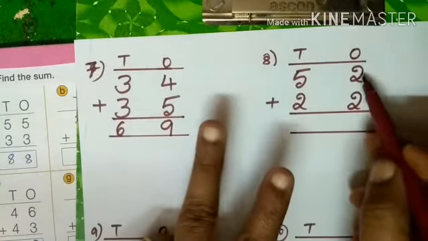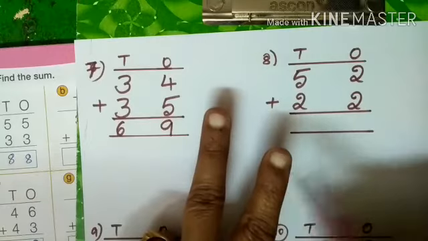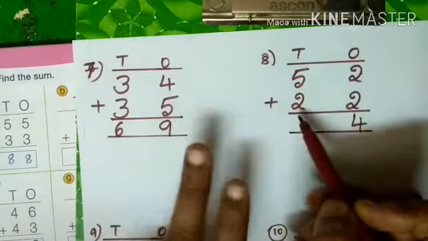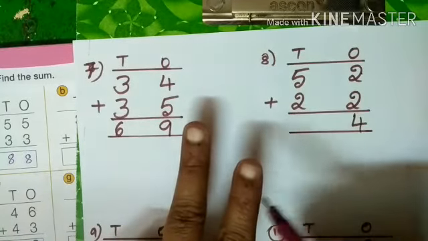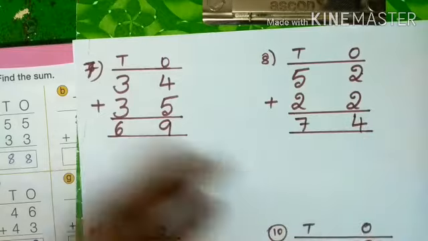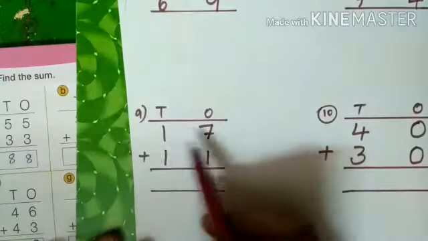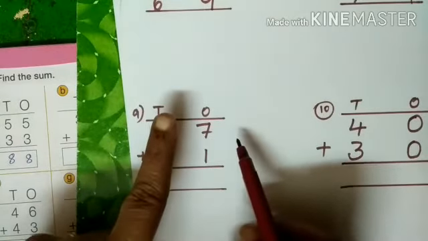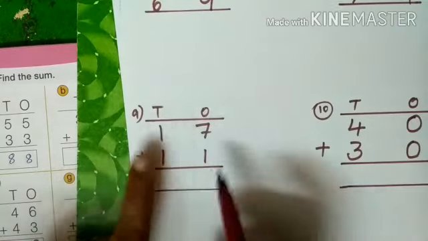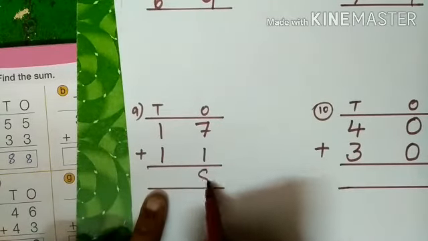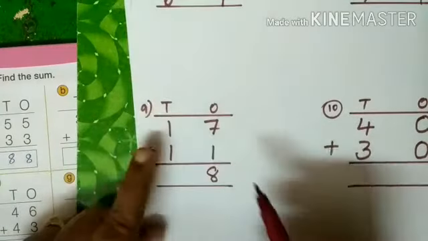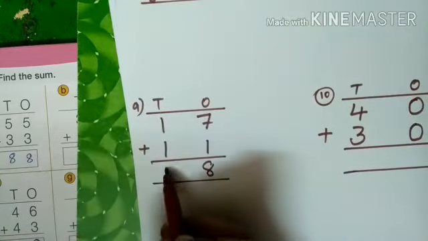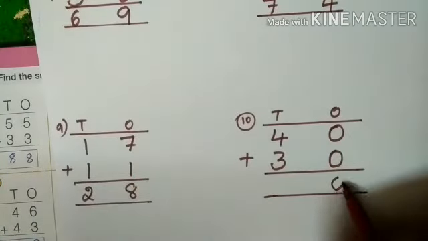Now 2 plus 2. How much? 2 is in your mind, another 2 is in your finger. 2 after 3, 4. 4 you can write. Now 5 is in your mind, another 2 is in your finger. 5 after 6, 7. Right here 7. Now the next sum is 7 plus 1. 7 is in your mind, 1 is in your finger. 7 after 8. Right here 7 plus 1, 8. Now 1 plus 1. How many fingers are there? 2. 1 plus 1, 2. Now 0 plus 0, 0.